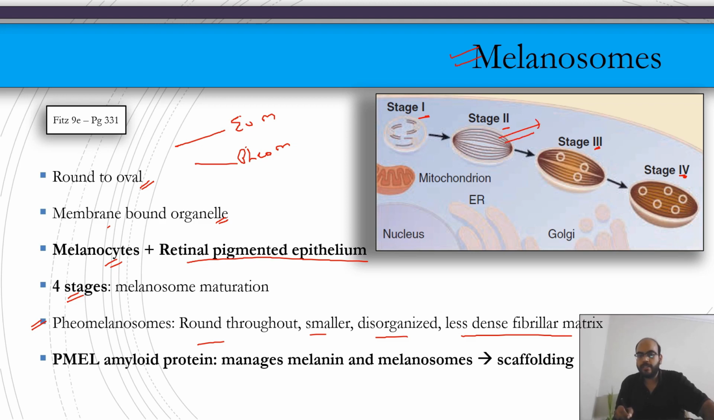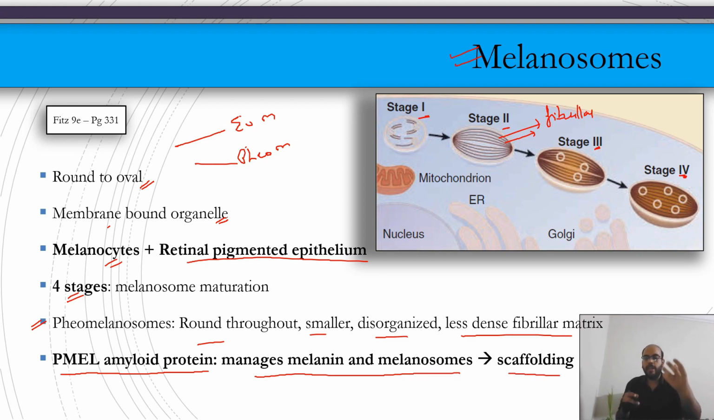Can you see these wire-like structures in stage 2? This is the fibrillar network, and this is responsible for migration, transport, collection, and storage of melanin inside the melanosomes. These wires are responsible for collecting melanin inside the melanosomes. Just remember that. A very important aspect of this fibrillar matrix network is the PMEL amyloid protein, and it is very essential to manage melanin and melanosomes. It acts as a scaffolding, a framework, and on this framework